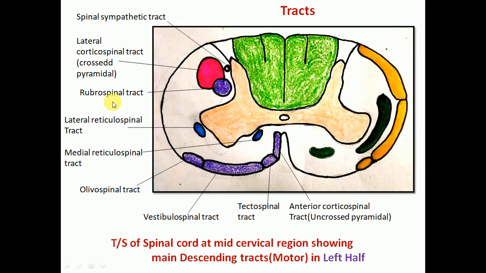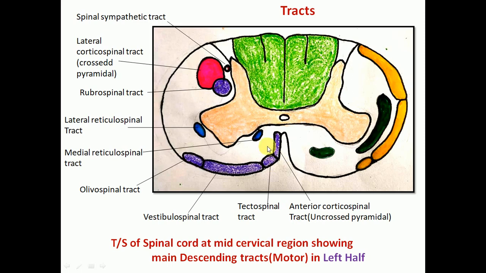Now the lateral corticospinal tract actually starts within the opposite cerebral hemisphere. Then after entering the brainstem, within the medulla oblongata, there is a decussation of the pyramidal fibers, or corticospinal fibers, and finally within the spinal cord they are present in the lateral white column. So they are also called crossed pyramidal fibers, and they are concerned with the control of fine skillful movement of the opposite half of the body.